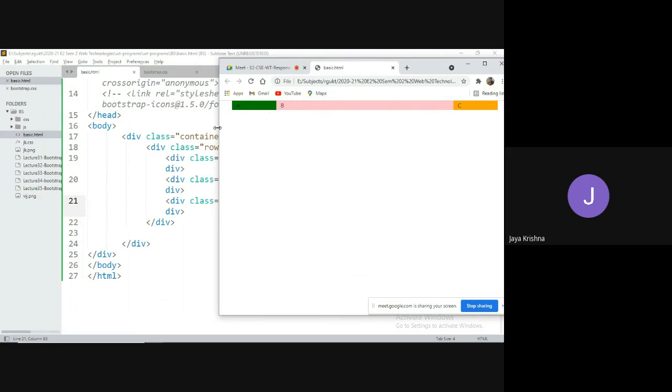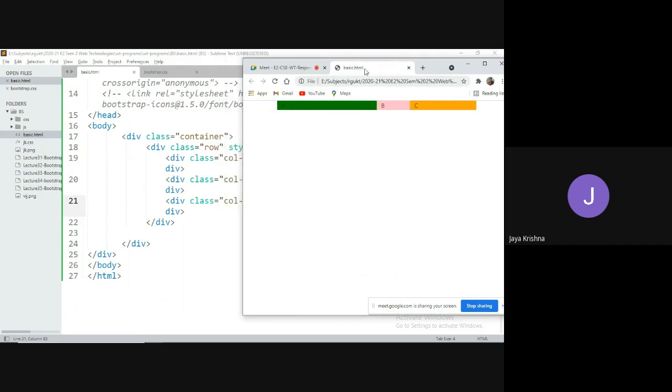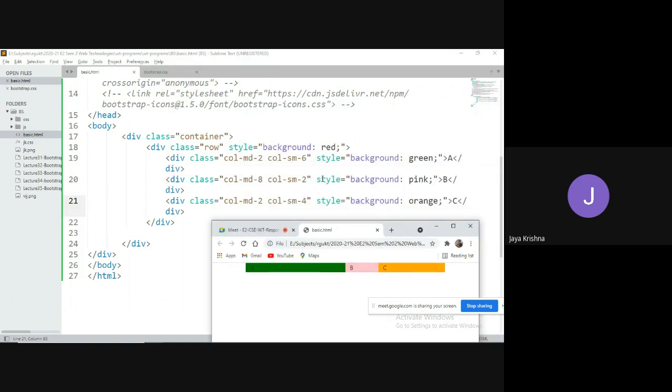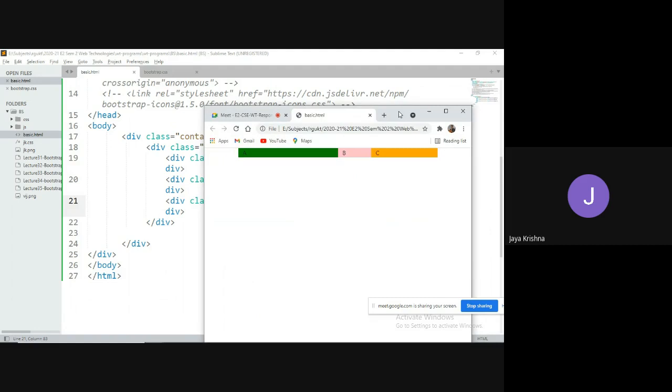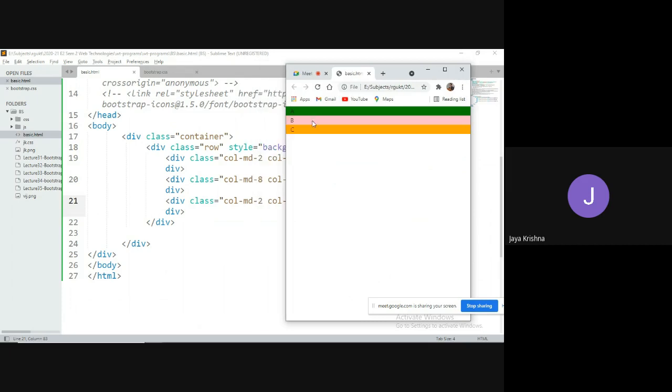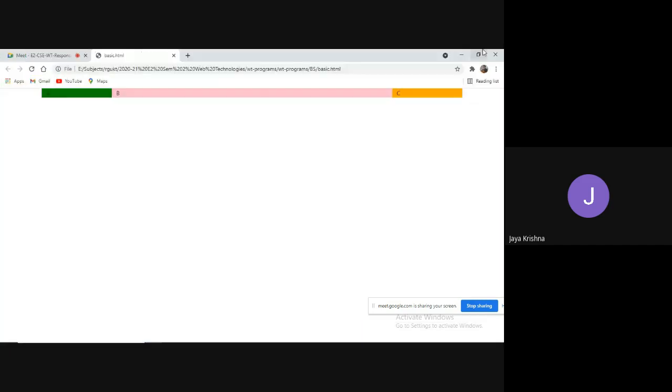If I move once again to the small screen, what happened, guys? A's size is increased. Why? Observe, A is 6 parts, B is 2 parts, and C is 4 parts. That is why it has taken this form. If I go for some more small, that is what we call extra small. At that time, it is going to occupy 100% of the available width.